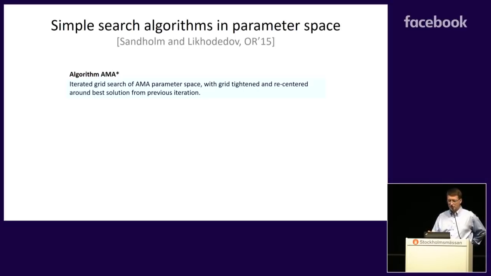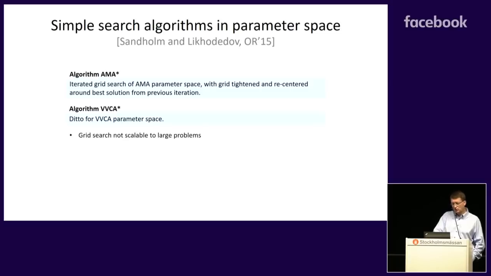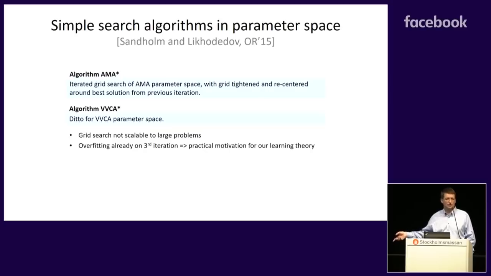It's iterated grid search in the AMA parameter space, the affine maximizer auction parameter space, with the grid tightened and recentered around the best grid point in the previous iteration. VVCA is a similar kind of search, but now in the VVCA parameter space. Of course, the grid search is not scalable to large problems due to the curse of dimensionality. And what we saw is overfitting already on the third iteration. So we were getting better and better on the samples, but worse on the real distribution. So that is one of the motivating practical things we saw that motivates the learning theory that we'll talk